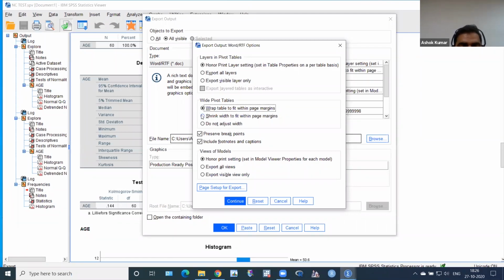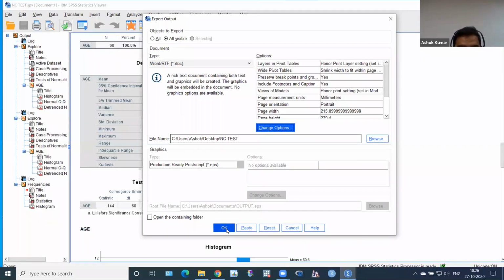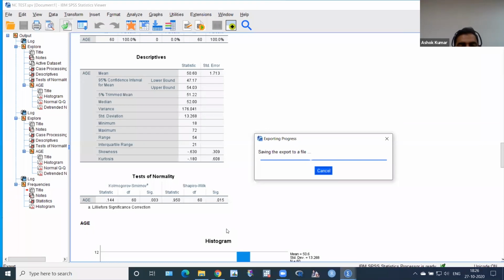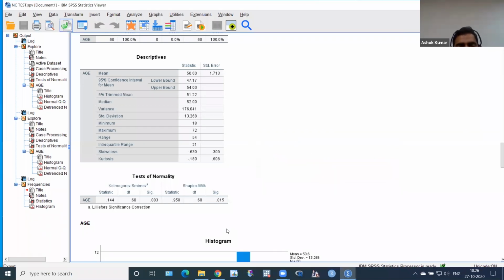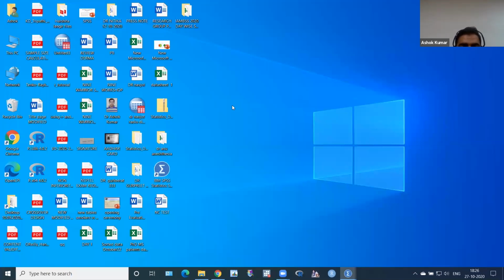So please click here and continue. And now click continue. Then, to check the export to a file in Word, where is it? Okay, this is the NC test. Click here. You will get your result now in Word.